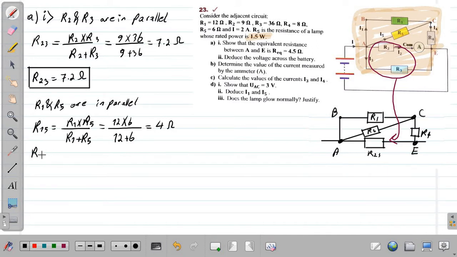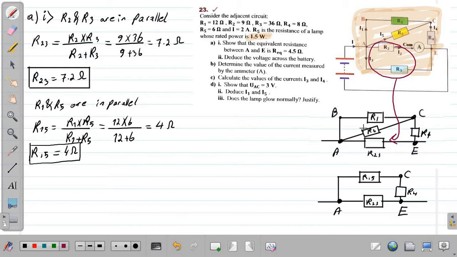So the R equivalent for R1 and R5 is R15, which is equal 4 ohm. Okay, R15 is the equivalent for R1 and R5. Now